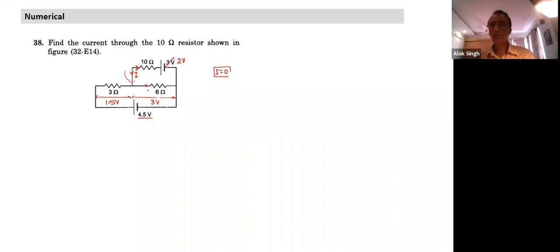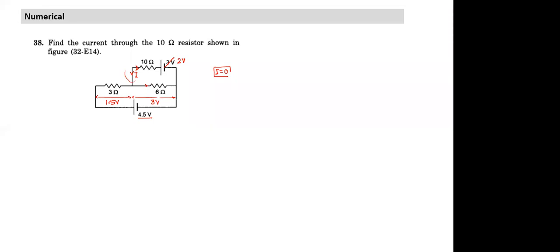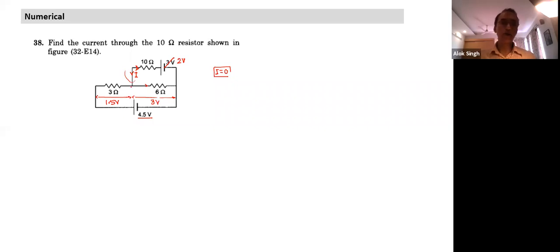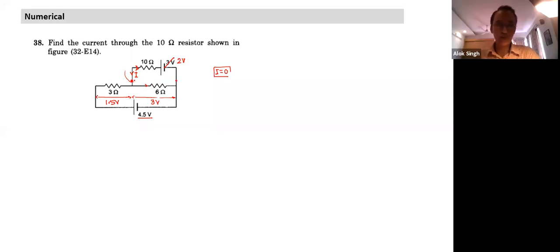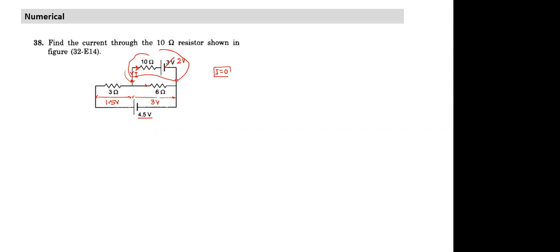Is it? Yes. Some of you raised hand. Any query somebody has? So how can we consider 3 ohm and 6 ohm to be in series? There's a branch in between. No, basically what I'm saying is, assume initially it was not connected. So what would happen if this was not connected? This would happen. Now I connect those two. So I'm thinking this has come later. If this has come later, which way the current flows depends on what the potential difference between those 2 points was before this was connected. Are you getting my point now? Yes, sir. Okay.